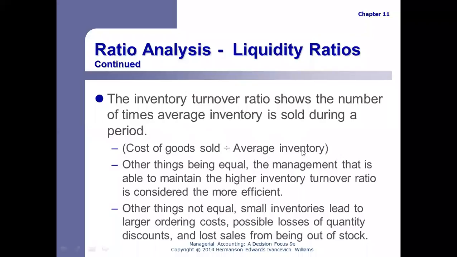And again, average inventory is the inventory at the beginning of the year or month or whatever time you're looking at, plus the ending inventory. Take the beginning plus the ending and then divide by 2. That's the average. So it shows how quickly your inventory is being sold. What's a good ratio? Well, that all depends on the type of company it is. So as an example,